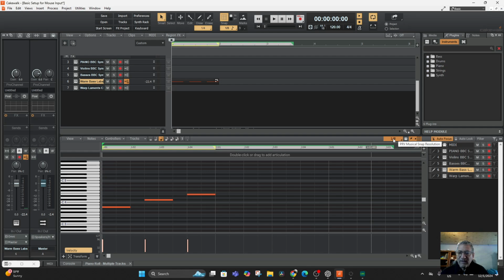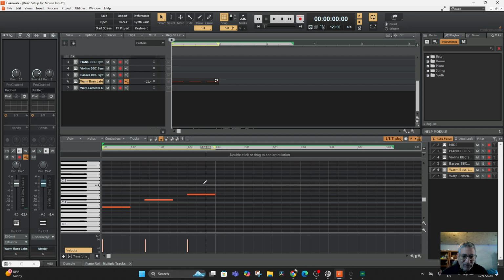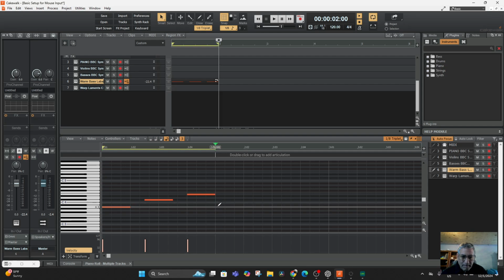And note that if you wanted to get into triplets, da, da, da, da, if you wanted to do that, let's do the second one. You go to an eighth note triplet down here, and it breaks it up into 3 per, which makes it a lot easier to draw stuff in. So if I go to eighth note triplet like this, that's the note that's going to come in. And so for my next bar, I'm going to do the,